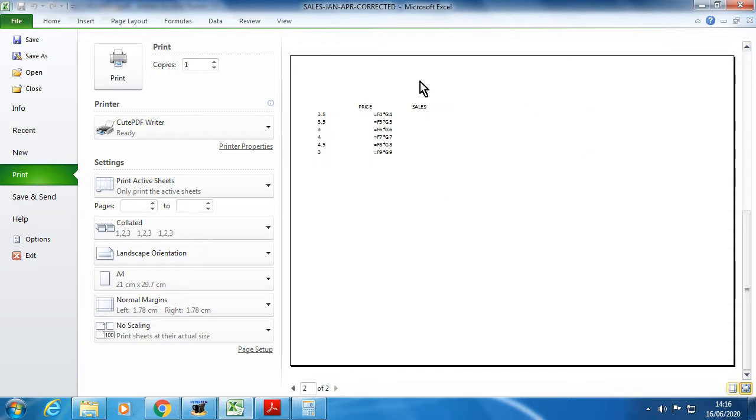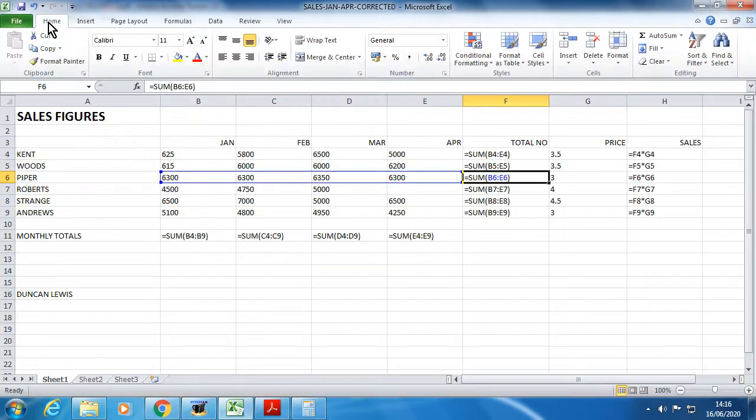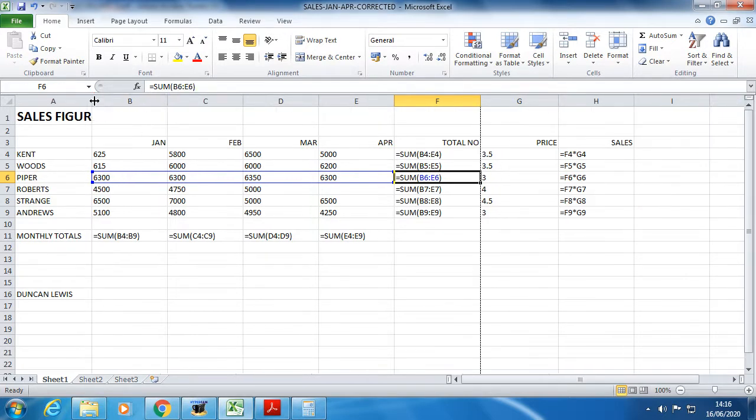On the second page we would have this kind of odd looking orphan here, and we couldn't tell what this is for. It doesn't really fit with anything. So what we need to do is get everything onto one page. There's a couple of ways we can do that. We can either manually change the widths of everything,